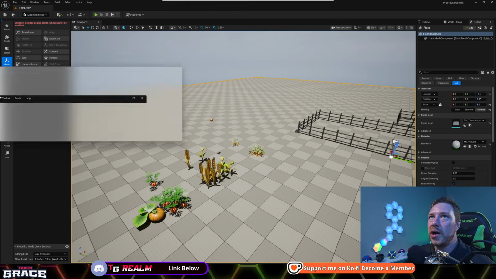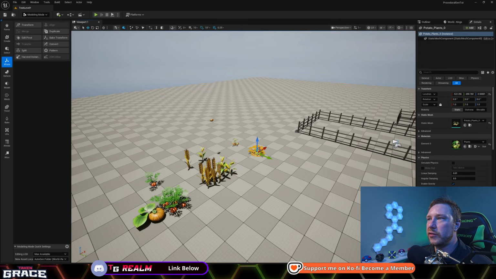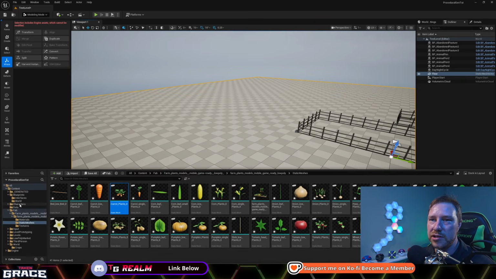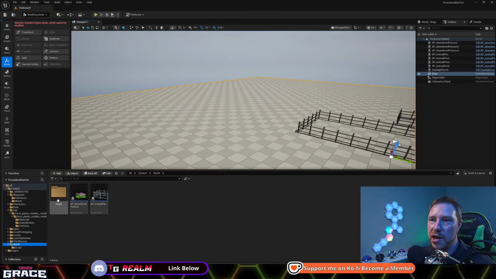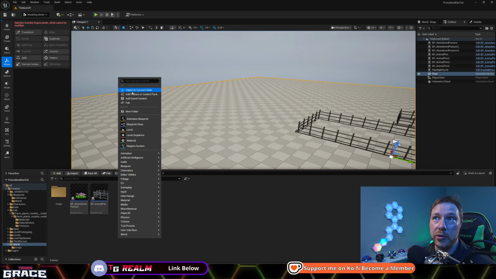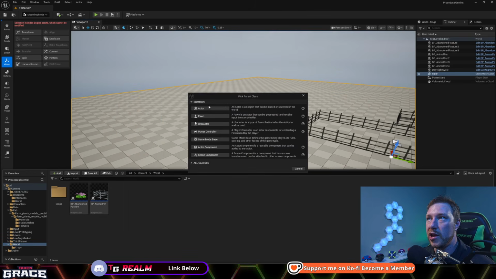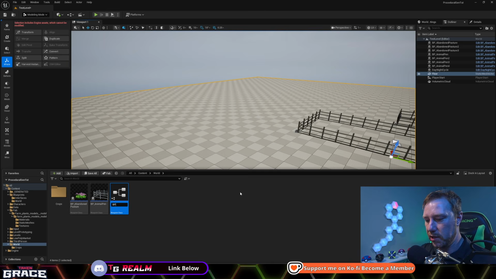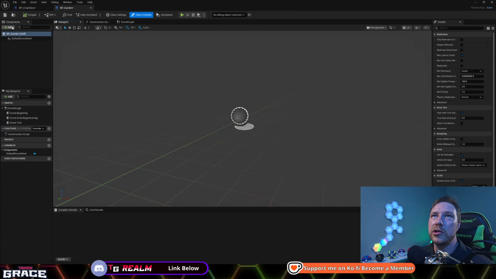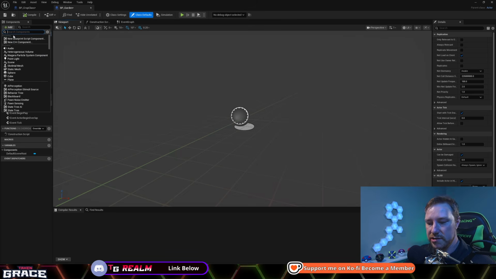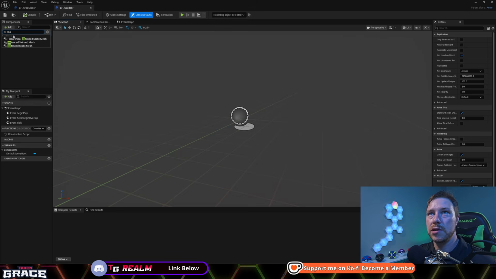All right, so let's just move crop class over here. We want to delete all of these. Let's open up our content drawer. We'll go into world, and we can do it right in here. We can go blueprint class, type actor, and this will be BP garden. All right, let's open up garden, and we're going to add an instance static mesh, which is going to be